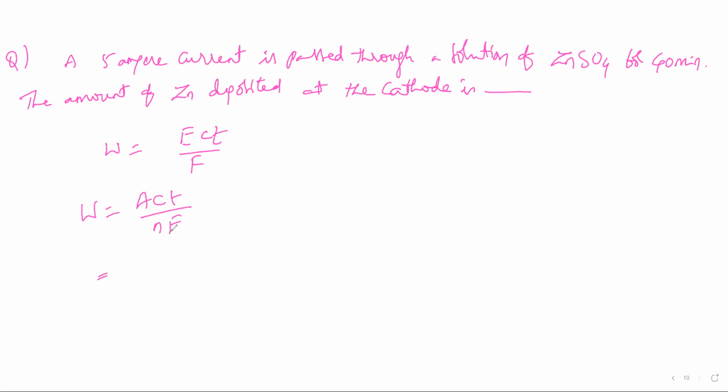Now what is A? Atomic mass of zinc, 65.4, times current in amperes, 5 amperes, into time t in seconds. So 40 minutes into 60 seconds each minute, divided by